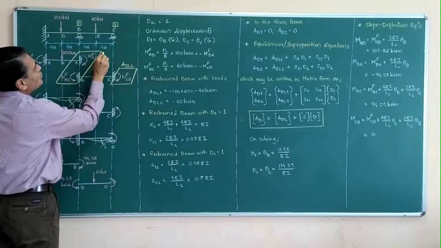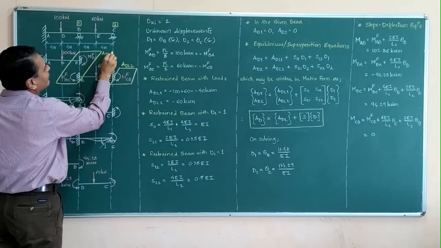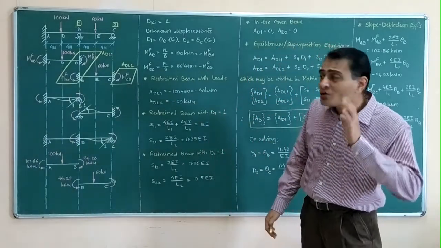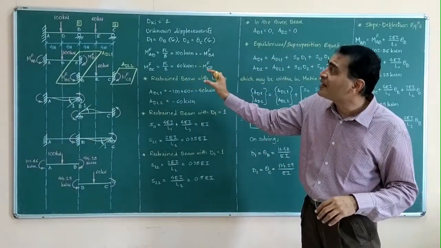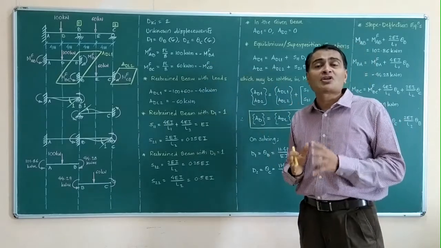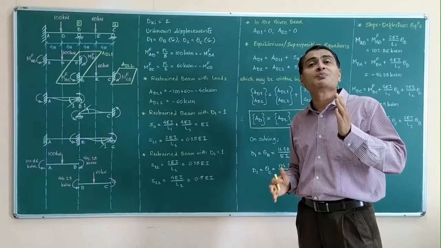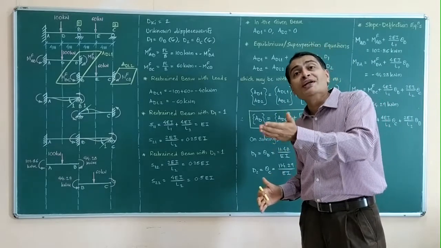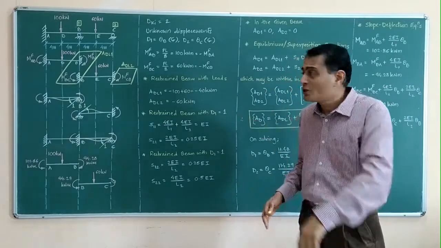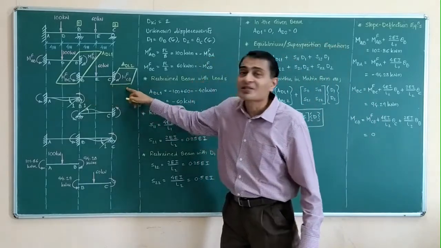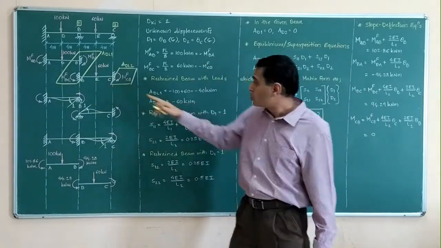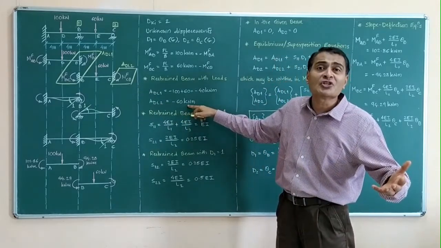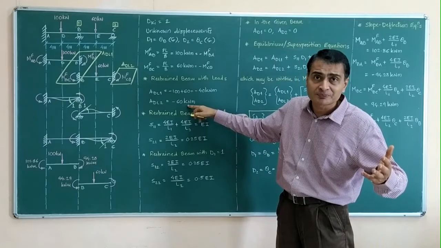Let me write here also ADL1. So see that you are following the meaning of ADL1, ADL2. Action corresponding to unknown joint displacement D1 due to loads, unknown joint displacement D2 due to loads. So that is my ADL1, this is my ADL2. Those two I have written. ADL2 is simply clockwise, that is negative 60 kilonewton meter.